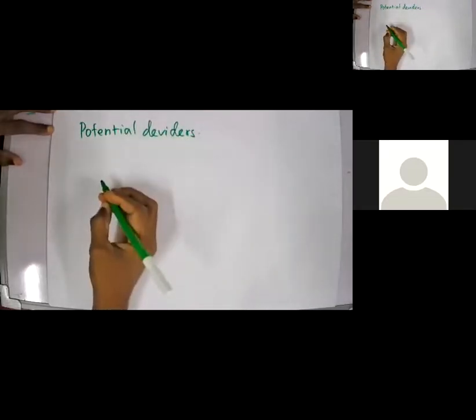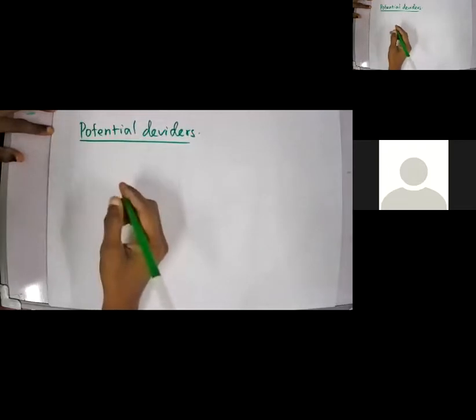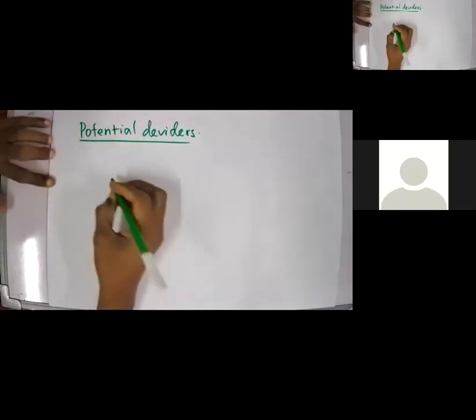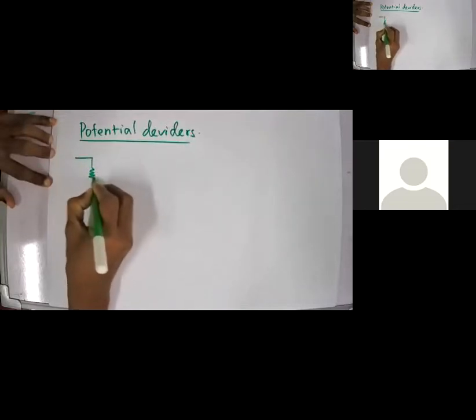Can you see the text? Yeah, can you read the potential dividers, right? Maybe the spelling is mistake. Okay, leave it. Right? So a potential divider is simply